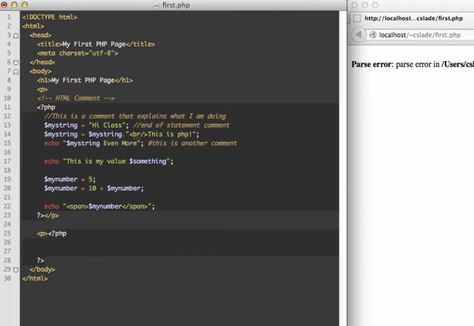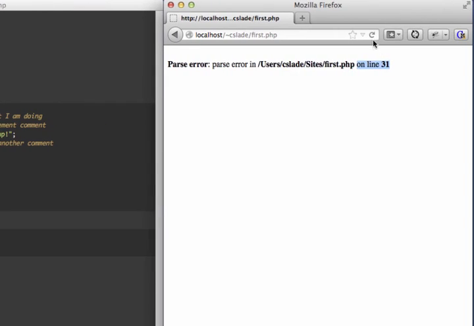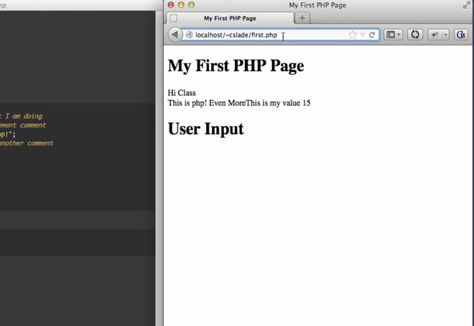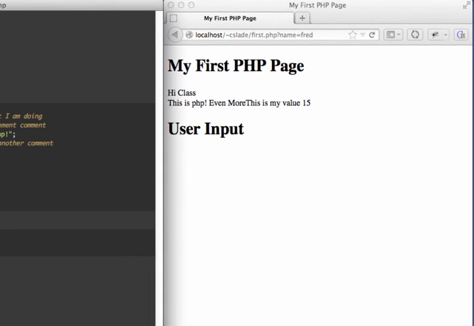So we'll start a new paragraph right here, and put in a new heading tag to explain what we're doing. And down here, if we want input from the user, usually they'll submit it through the form, but there's another way they can do it. So putting a question mark and then putting name equals Fred. And these are like variables. This is the name of a variable and this is its value. So you can just think of these as variables, and I put them in through the input,